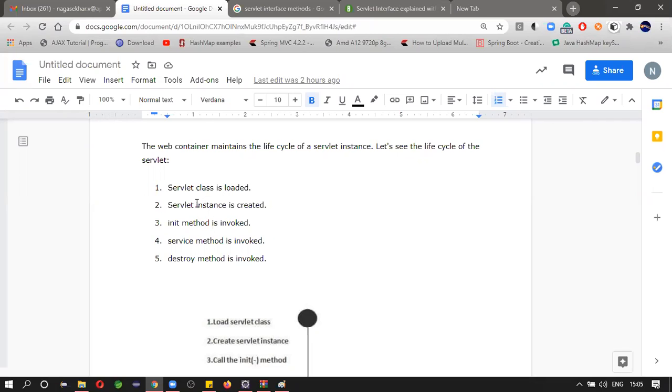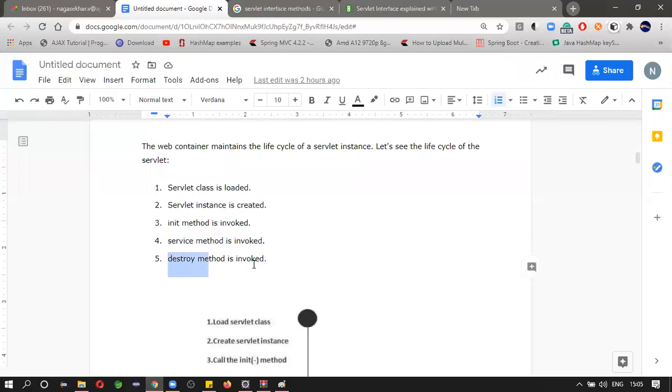When the web container maintains the life cycle of a servlet instance, let's see the life cycle of a servlet. First, the servlet class is loaded, then the object is created, then we call the init method. All this will automatically happen when the server starts. Next, we call the service method.